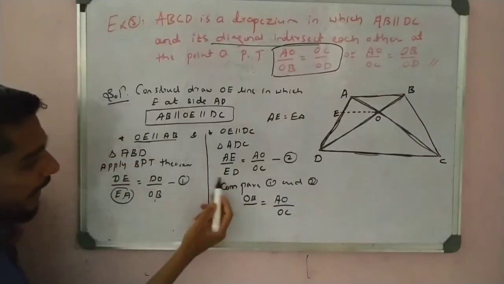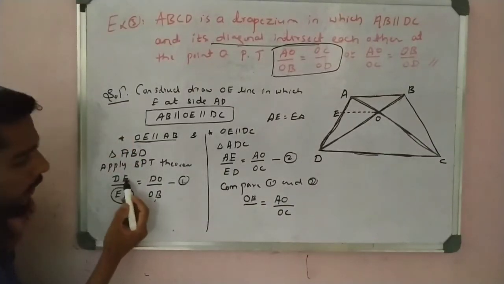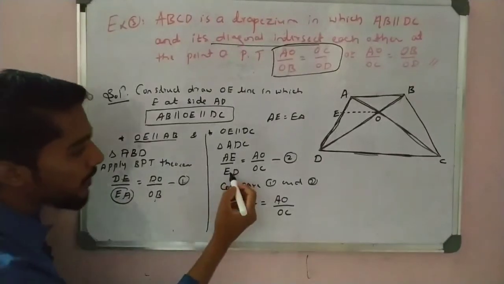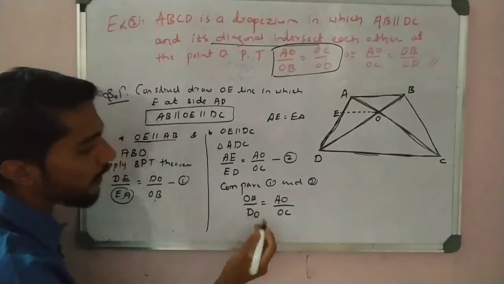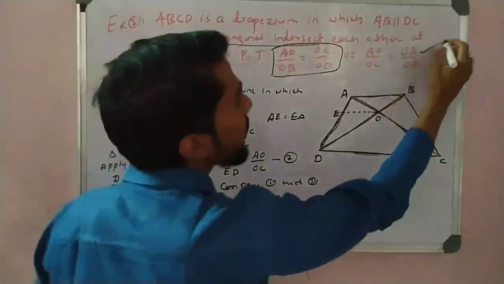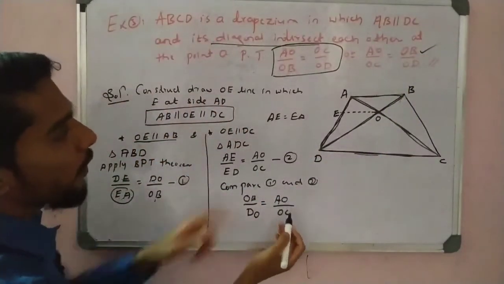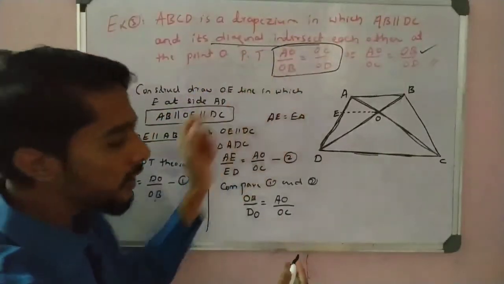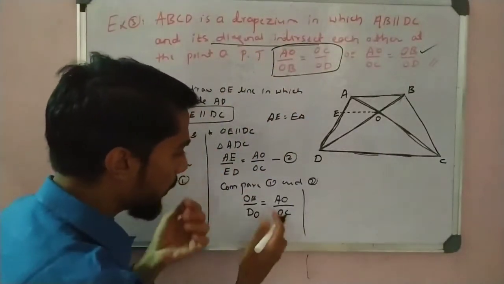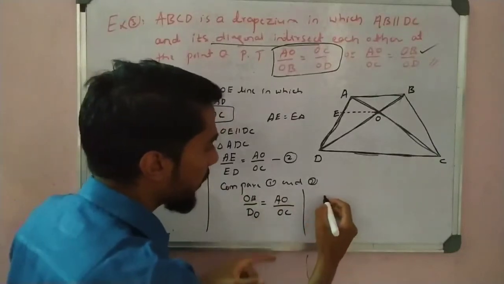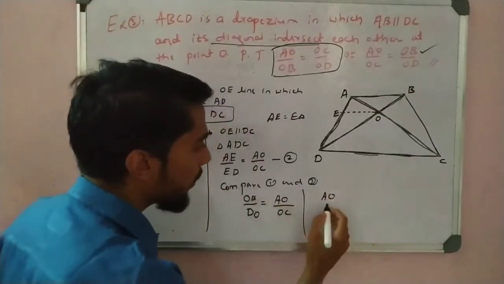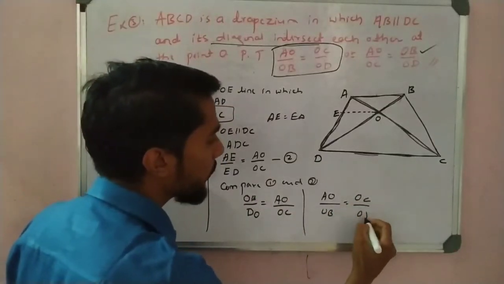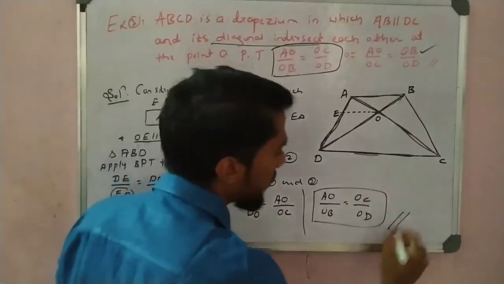Nice. Now see, ED or DE both are the same. So DE is equal to DO, and in the place of ED I can write DO. I get this answer first. Correct? So see here, AO by OC equals OB by OD. If I want, this means cross multiply. OC this side, so I can make AO, OB this side divided by OB, and OC by OD. Okay, simple one.